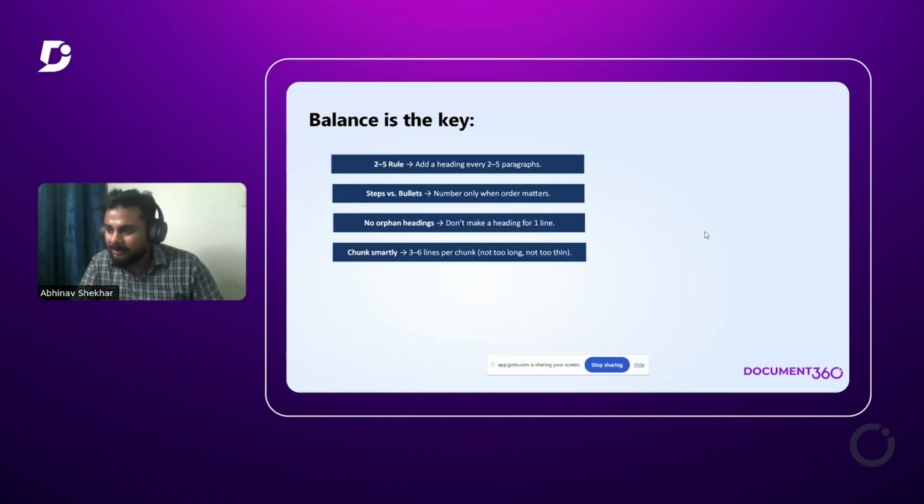Chunk smartly, 3 to 6 lines per chunk. So when I say chunk, I mean paragraphs. 3 to 6 lines a paragraph has decent readability. So we need to chunk the content in such a manner that it is organized in the document, and then